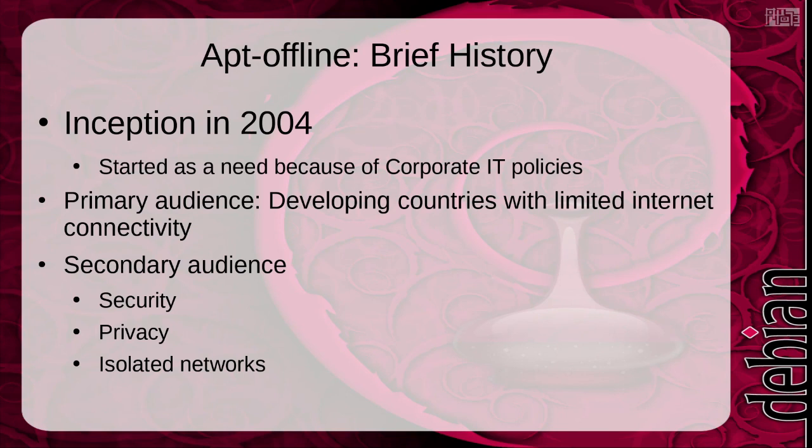I also thought about a lot of countries where internet is not a commodity yet, and where it is difficult for people, and where people usually would only have limited time going to a cyber cafe or at a workplace with limited internet connectivity. Over the years, I realized that there were multiple additional use cases that developed. I got multiple reports from APT Offline users who use it for different cases like security and privacy, and isolated networks, wherein like military organizations or banking organizations or people who wanted to keep their networks completely isolated.